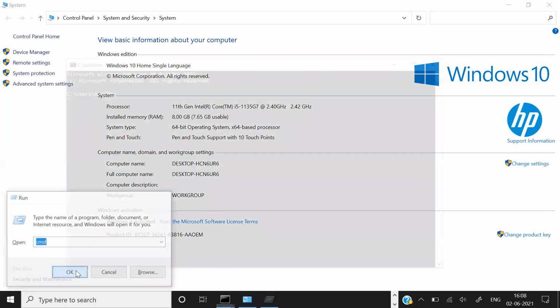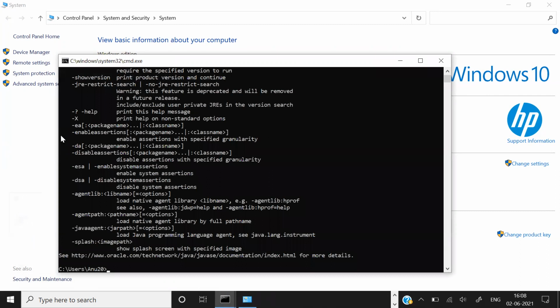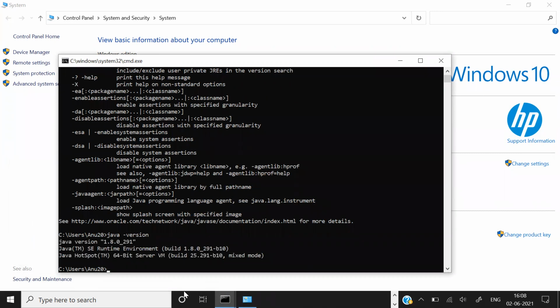Type again java or javac. You can type it, enter. Yes, type java space hyphen version. Version. Yeah, press enter. So see, you have set the path, right?